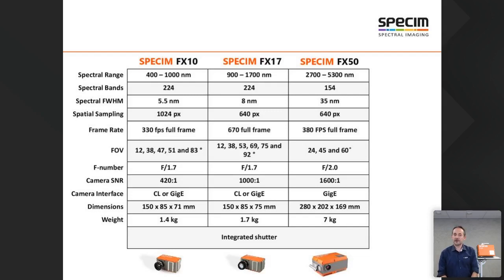It has 640 spatial pixels per line. And the maximum frame rate, we already mentioned about it, about 370, 380 frames per second. We have developed 3 types of lens to match different types of application and different types of requirement in terms of width for the conveyor belt. We have 24 degrees, 45, also 60 degrees. The optics is of rather good quality, transmitting really well with the f number of 2.0, and notice the superb signal to noise ratio, which is